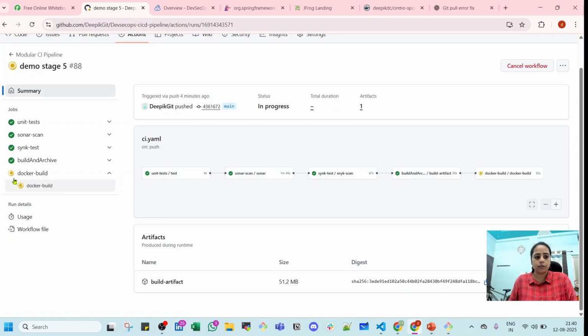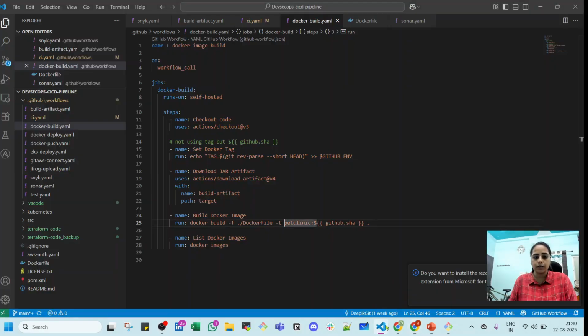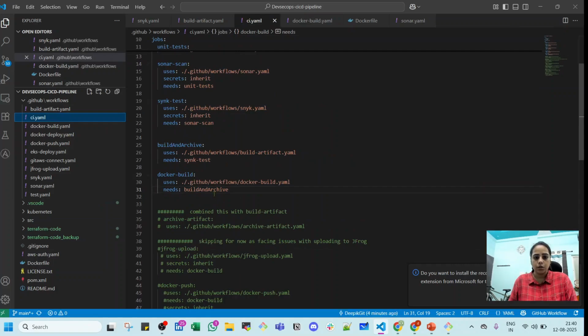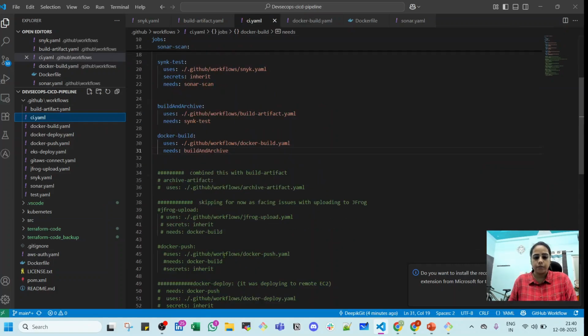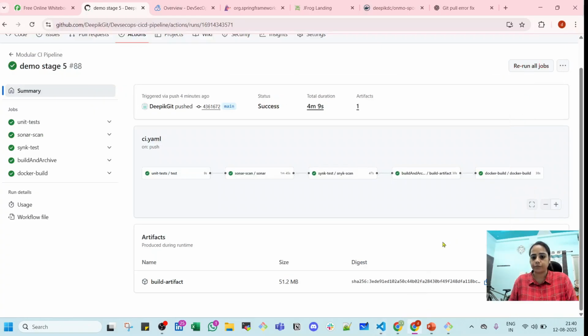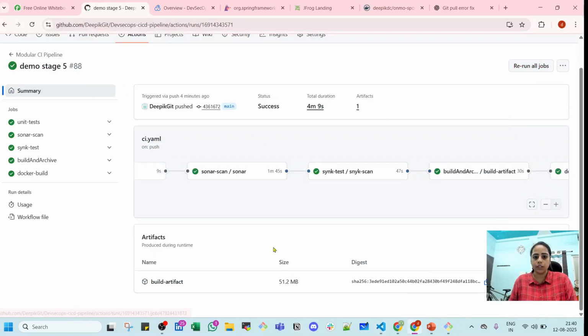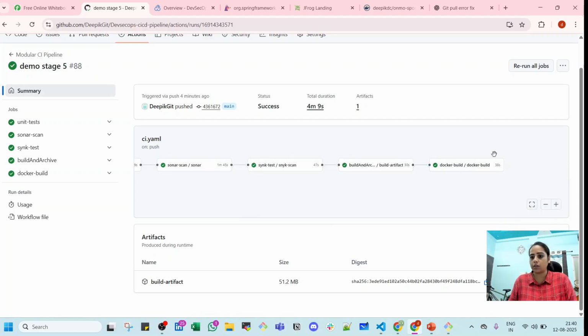Here what it will do is build and create the docker image. The next one is push. So how can we verify it? Just a minute, we can see the docker build